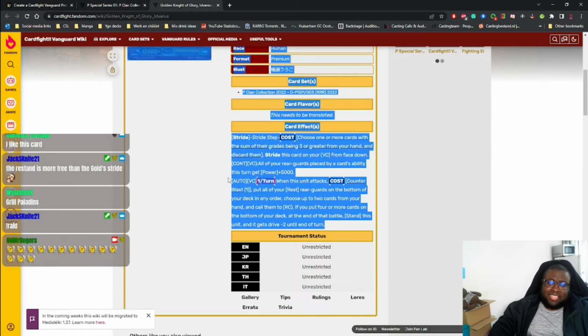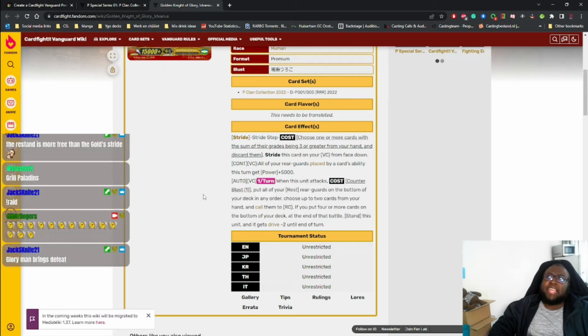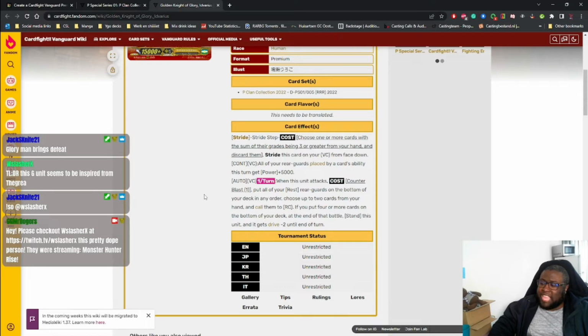This is basically if you're actually out of gas, right? So, okay. Like, even in a magical Christmas land scenario, TLDR, this unit seems inspired from Thiegra. Yeah, but it seems so...